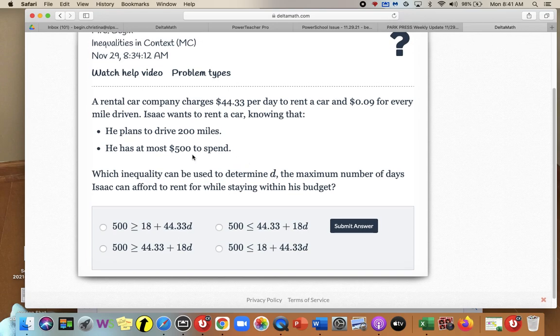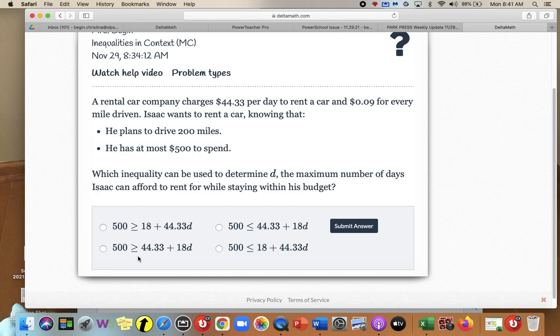Okay, so he has at most $500 and he has $44.33 per day plus 9 cents for every mile driven. Okay, so this is the slope. So we're looking for miles. Oh, and he plans to drive 200 miles, so 200 times 0.09. That's the 18 that they're getting. Okay, so $44.33 per day, that will be our slope, plus the $18